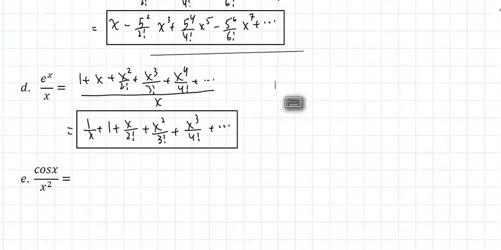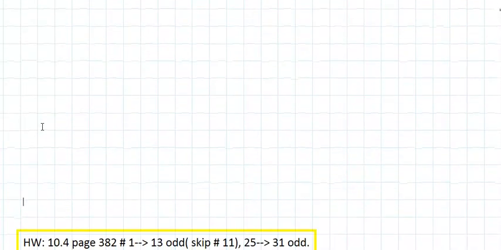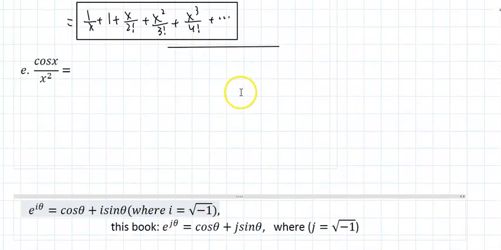And I have one more to go of those, so I'm kind of matching everything that you come across in the homework. I need a cosine of x. Let me steal that from here. Cosine of x, we know what that looks like, so assuming the table is in front of you,